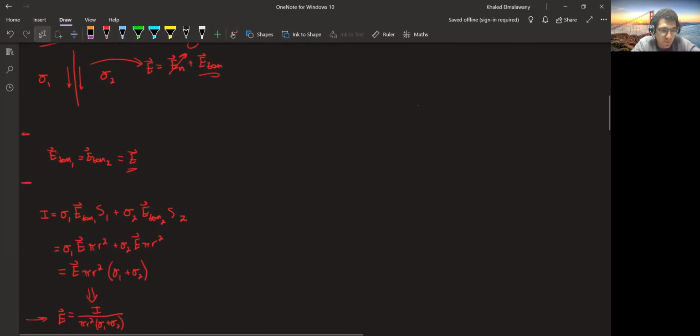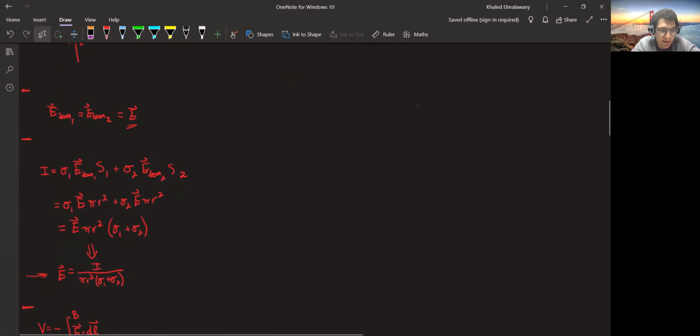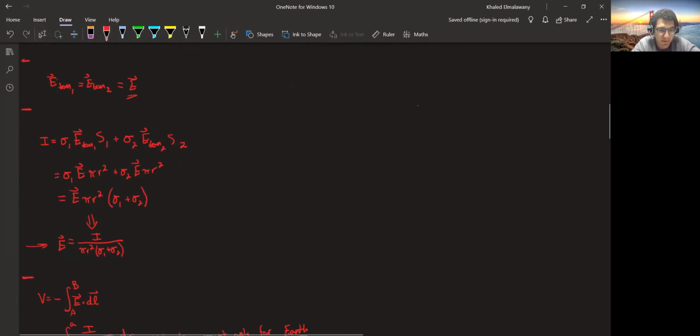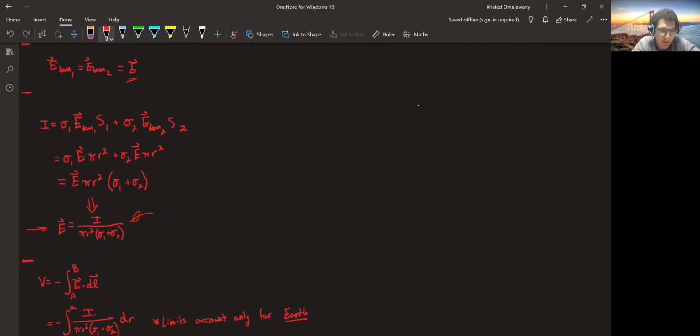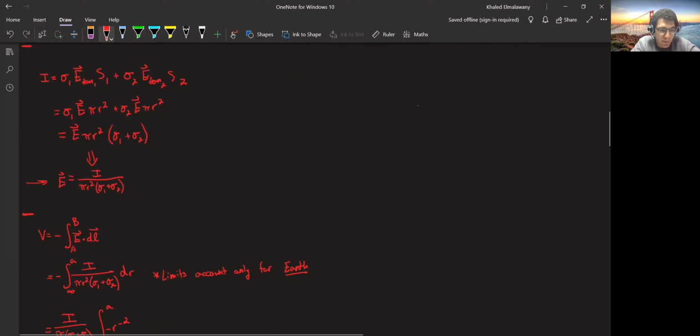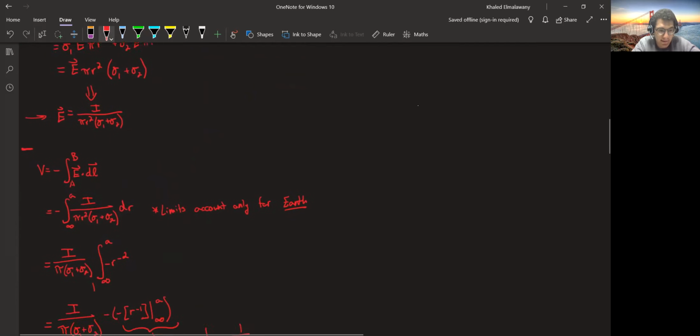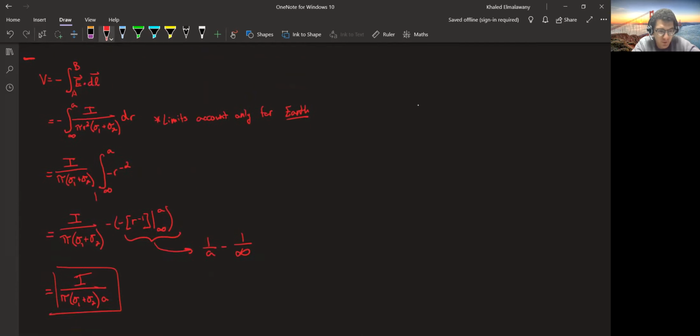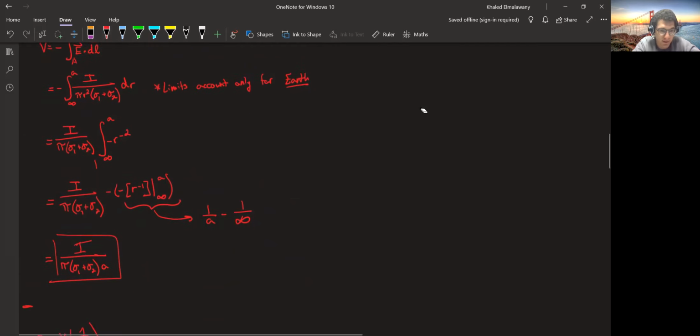Now, putting that into the format that we stated above, we can manipulate E to be I over pi r squared (sigma 1 plus sigma 2), as you can see right here. And then we can plug this into the voltage formula, and we get that the voltage is equal to I over pi (sigma 1 plus sigma 2) A in the denominator, which is shown in that formula here after the